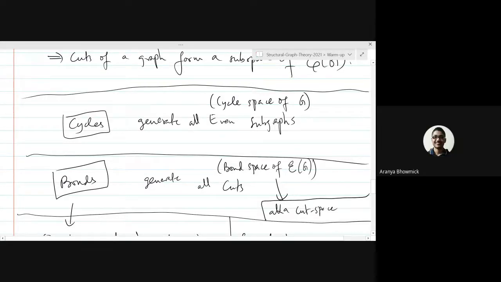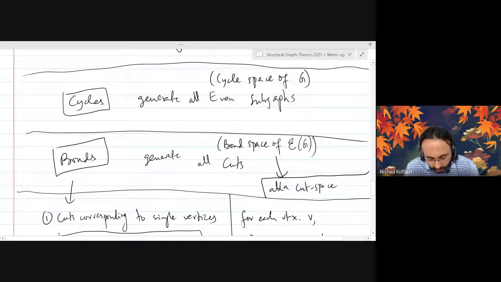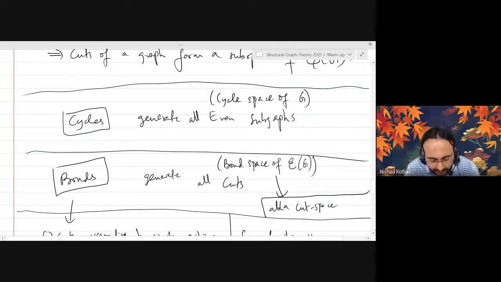So basically, cycle space and bond space are orthogonal complements. In assignment one, I think you'll be proving that these are orthogonal complements of each other. Everything on the assignment will be completely graph theoretical. If anybody is worried that orthogonal complement is an algebraic concept, don't worry about it. All the proofs expected are graph theoretical in nature. If you understand the graph theoretical interpretation of things, you should be able to do the assignments.